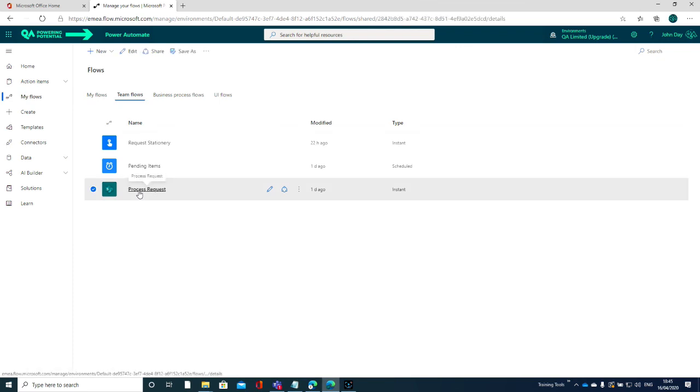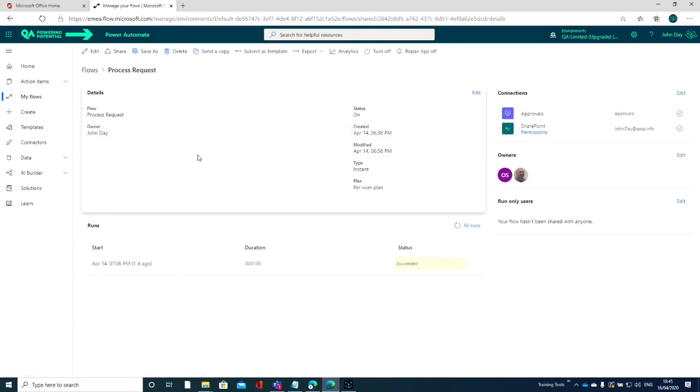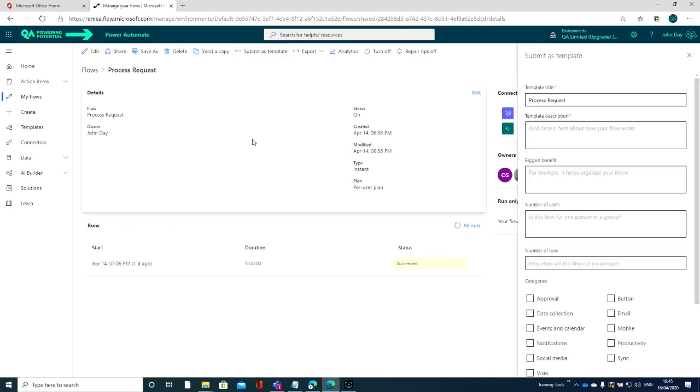What you need to do is click on the actual flow, so it takes you into that, and then at the top there's a submit as template. Same sort of principle. You go in there, fill in the details, so you put in the title's name, the description, what the biggest benefit are. So what does it do? It sort of improves information life cycle based on a status. Number of users, number of runs, how often will this run on average? Well, I can't answer that, but I would say that based on the process this has been used really